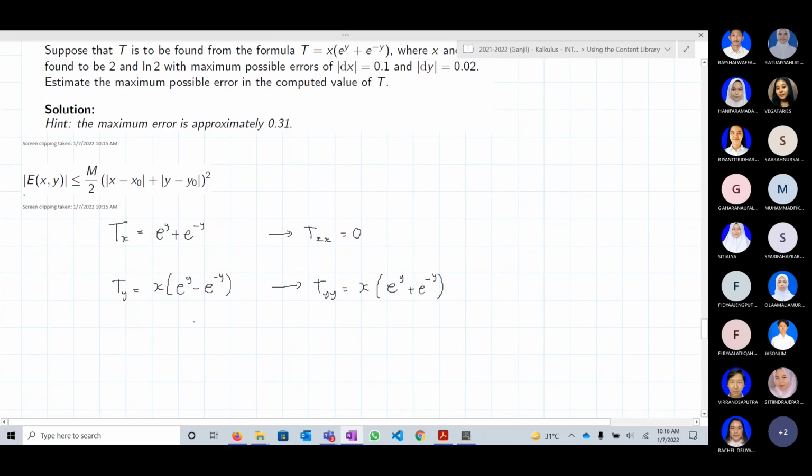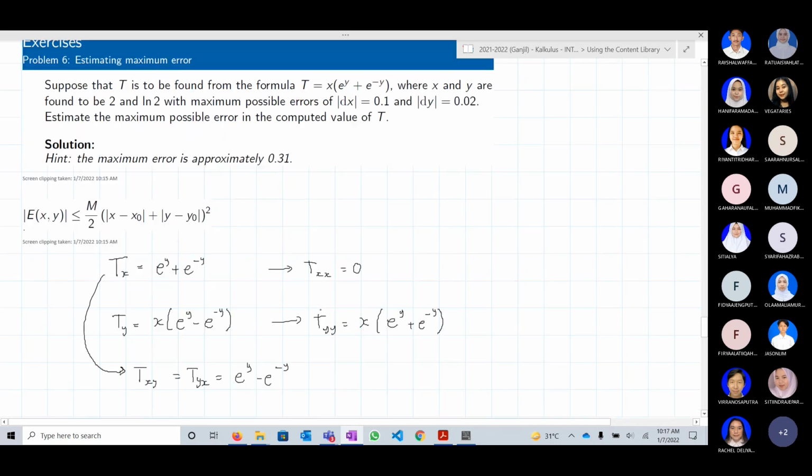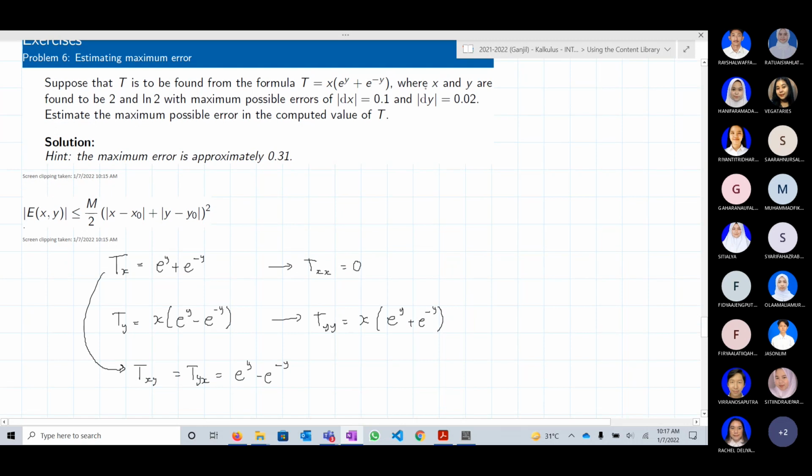And also let's use the first one to find t_xy, which is also equal to t_yx. This is equal to e power y minus e power minus y. And here we have that x and y are 2 and ln 2. So if we evaluate at 2 comma ln 2, we have